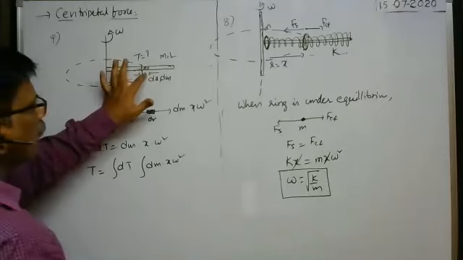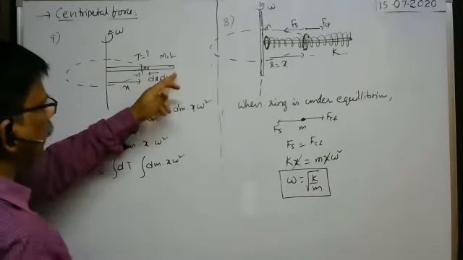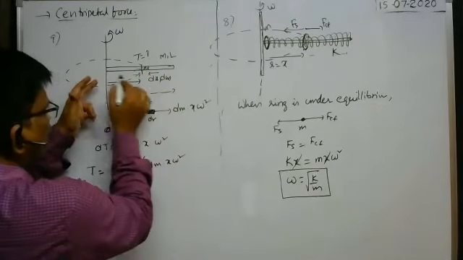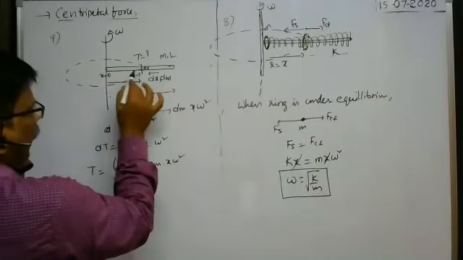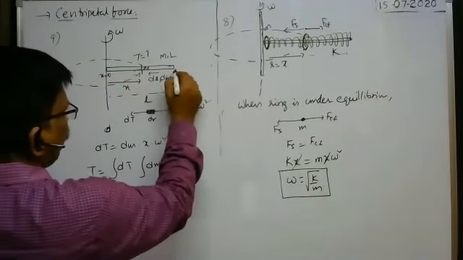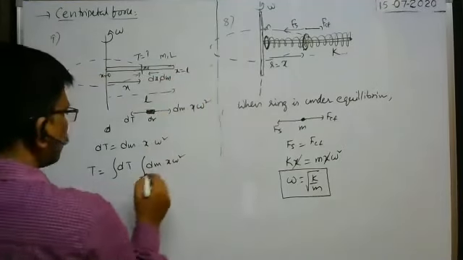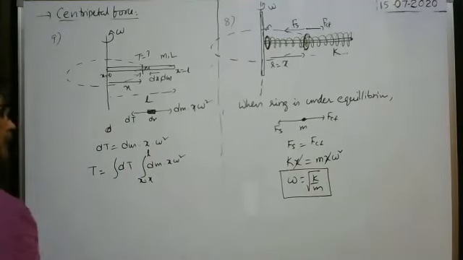These elements can be imagined from x is equal to x to x is equal to L, because this length is equal to L, no? The length of the rod is L. That's why x is equal to 0 at this point, because this is the axis of rotation. At this point exactly, the x value is equal to the length of the rod, so L. So between x is equal to x and x is equal to L, you integrate.